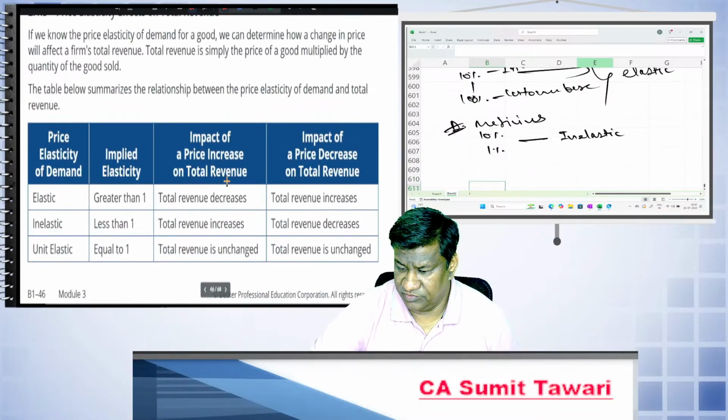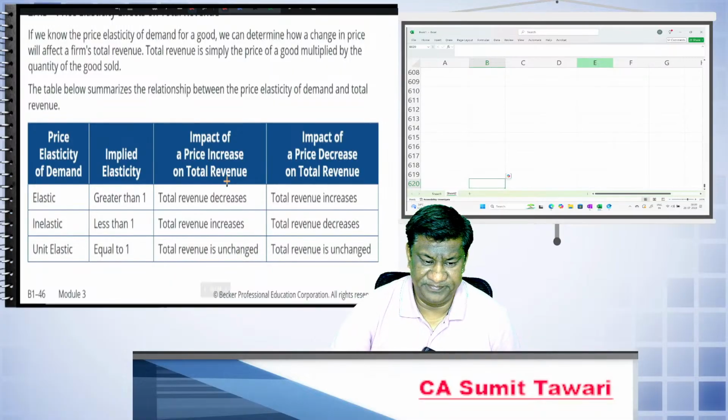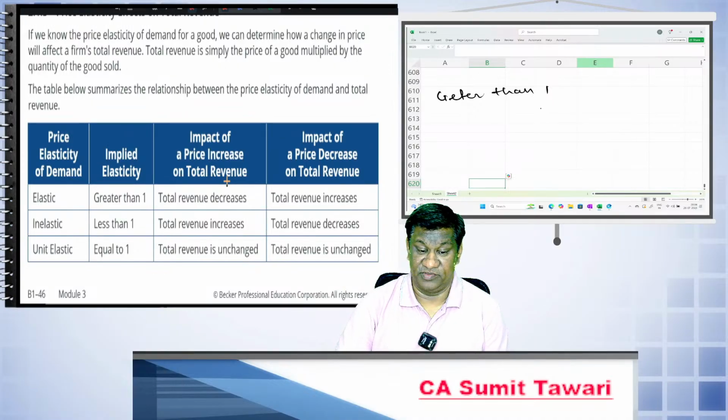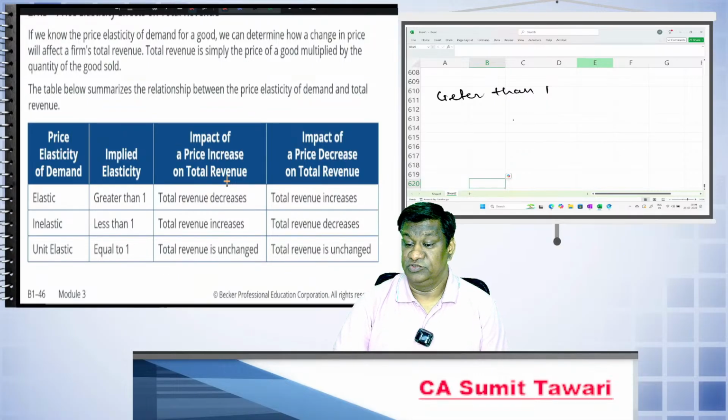Okay, now this also we need to take an example. Elastic means greater than 1. So how will it affect total revenue when the price increases and when the price decreases? Okay, so if it is elastic, greater than 1, means a 10% increase